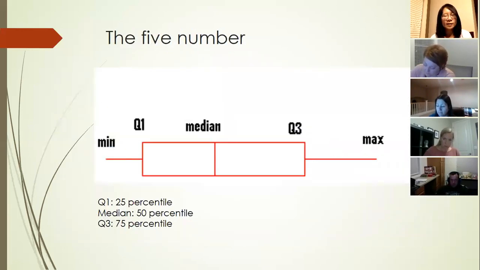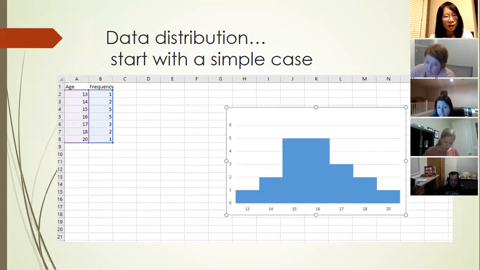And from the data you collect, you would start to learn how to read the data and how to interpret the data. So from your data, for example, like this one, if I make those people stand up from young to old, by age, and then see the distribution first, and I'm trying to capture it. So here I have 20 cases,